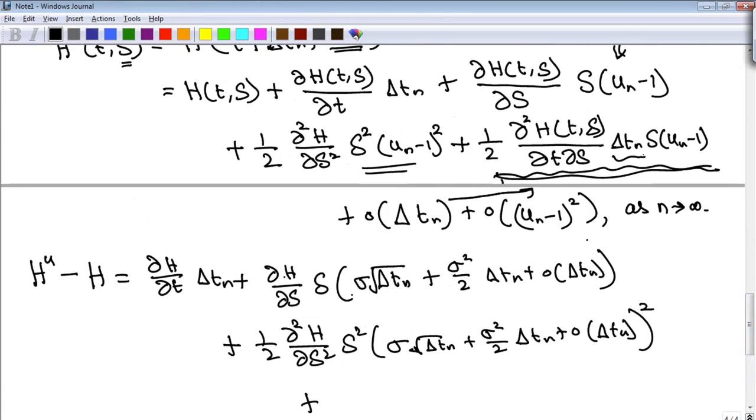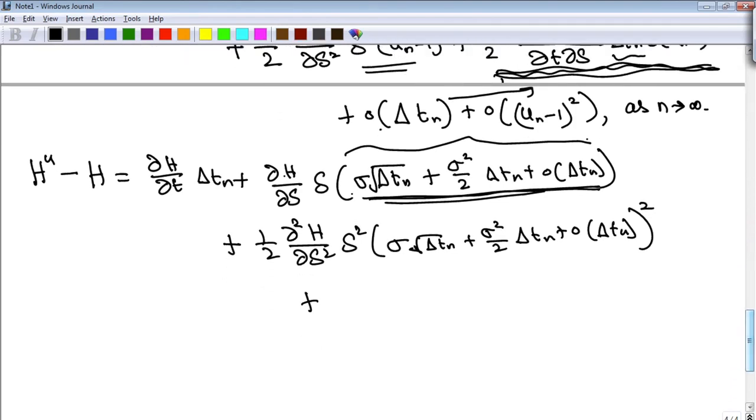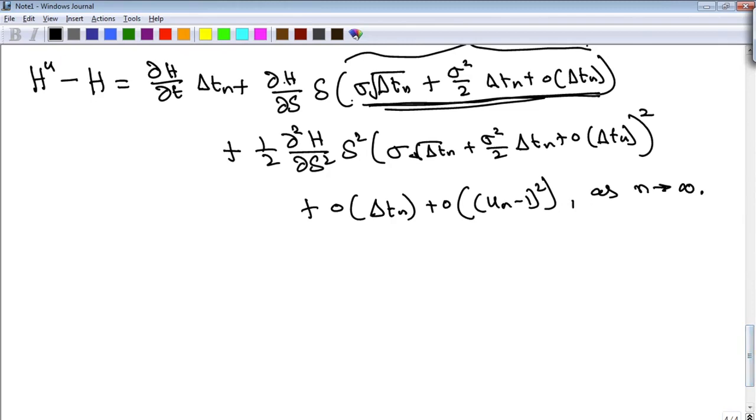delta Tn square. Why? Because delta Tn into un, if you see, everybody is having a delta Tn here. So delta Tn into this term will go faster than delta Tn. Therefore, this entire mixed derivative part can be absorbed into small o of delta Tn, right? So that also we will not write. We will simply write like this: small o of delta Tn plus small o of un minus 1 square as n tends to infinity. So this expression can be rewritten as hu minus h is equal to,